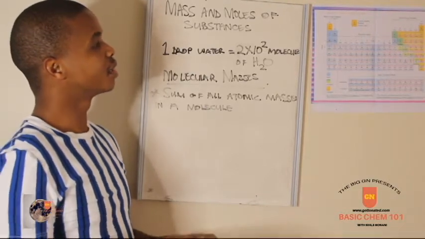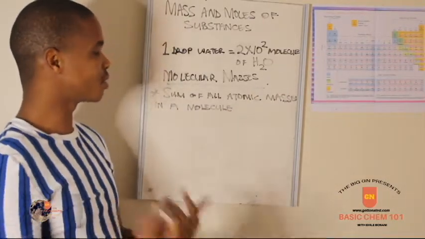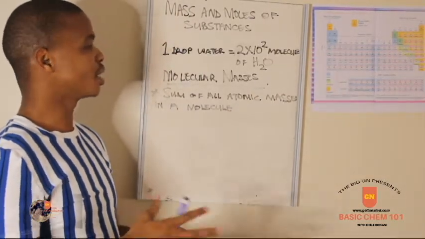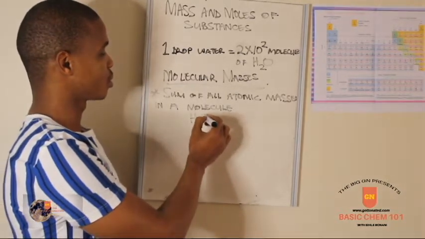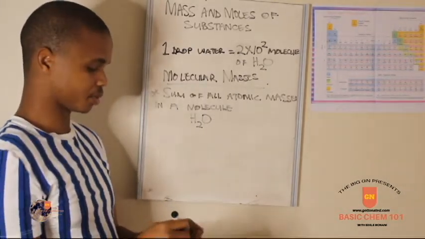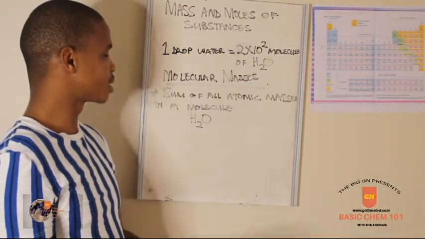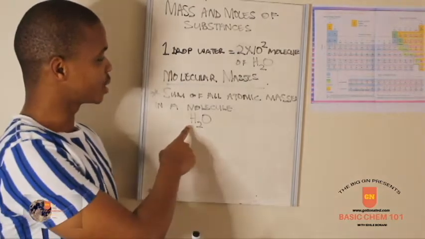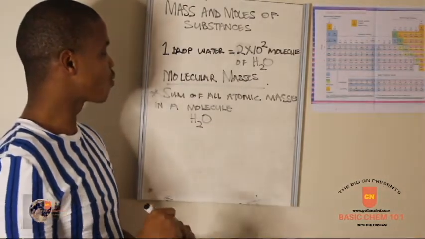You have your element, and then you have your atomic number, and you have your atomic mass. So if you have a molecule, for an example H2O, you're going to add the atomic masses of hydrogen and oxygen to get the molecular mass of H2O,